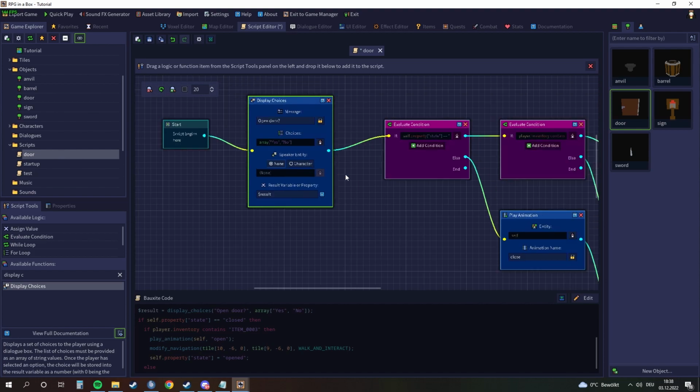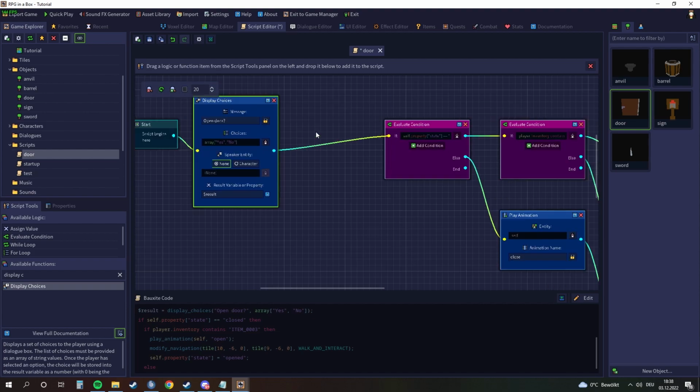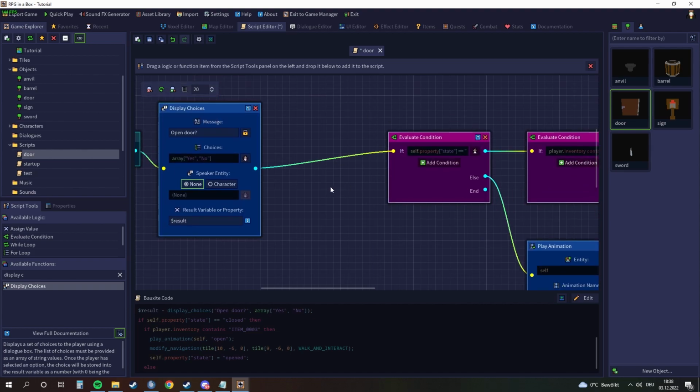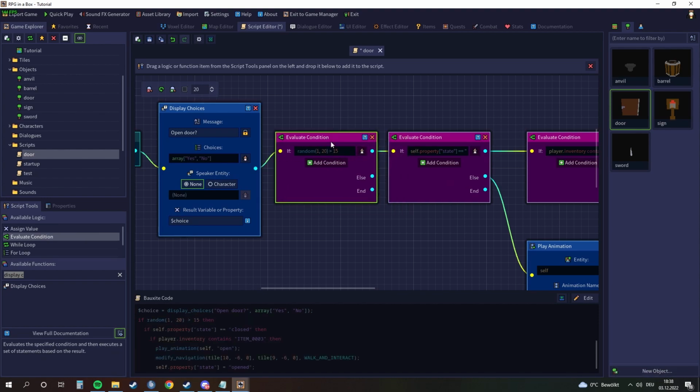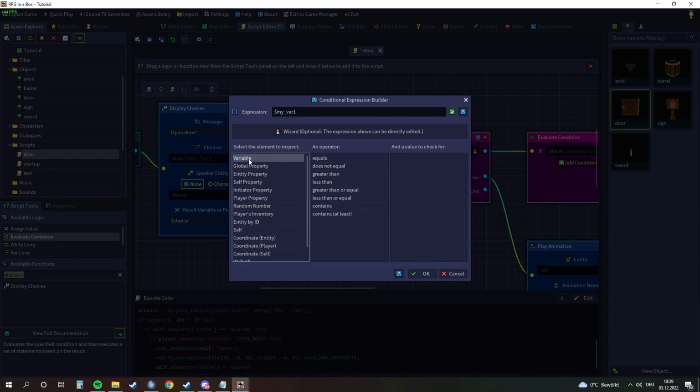And now we're gonna need another evaluate condition in order to define the choice made by the player. So down here by the display choice we also have result, variable, or property. You can leave this as result. I'm just gonna call this choice. It doesn't matter, you can call this whatever you want. Now if we take in another evaluate condition and we assign this, we just have to keep in mind this result variable that we made, in our case choice. I'm gonna click on this, I'm gonna click on select variable, and now we're gonna need to rename this variable to choice equals